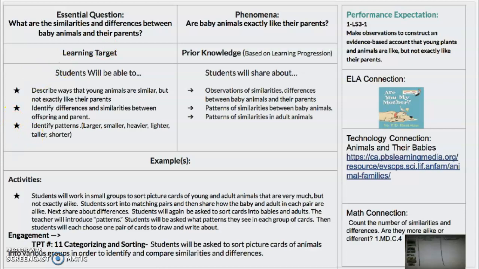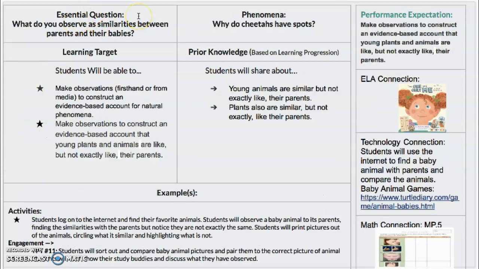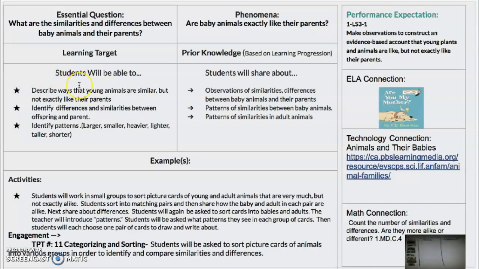Whereas in second grade, you would also observe the similarities between the parents and their babies. But in second grade, you can see that they have a slightly different activity where students would have to log on to the internet to find their favorite animals, which would make this a lot more difficult for first grade